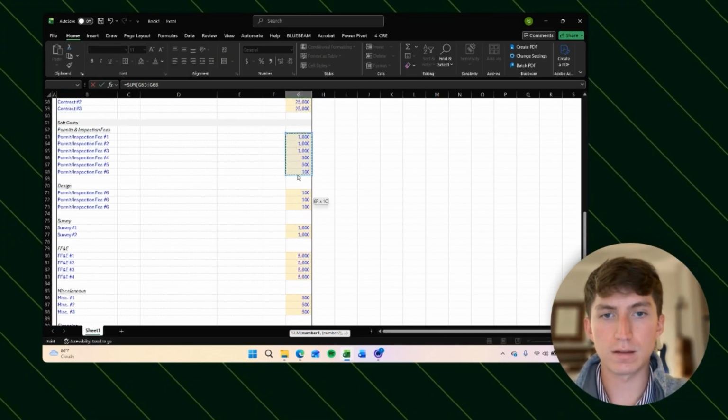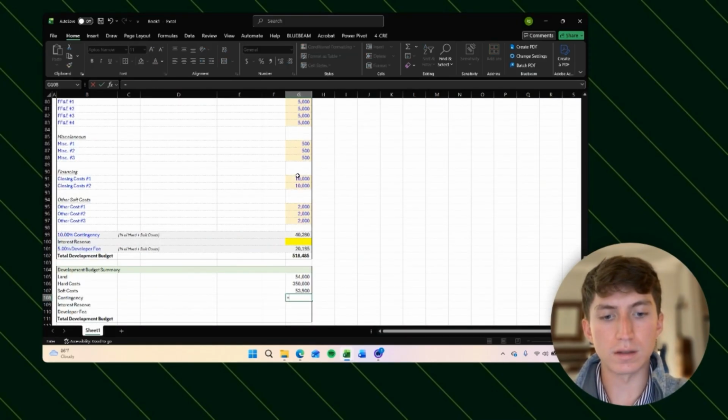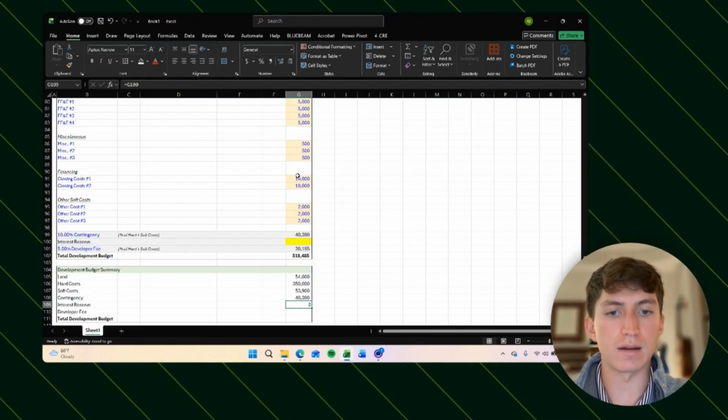Soft costs, select all of this. Contingency just equals this cell. Interest reserve just equals this. And I don't have to highlight that because